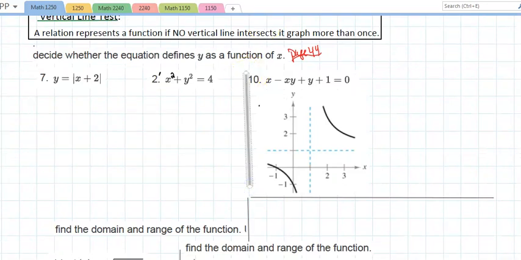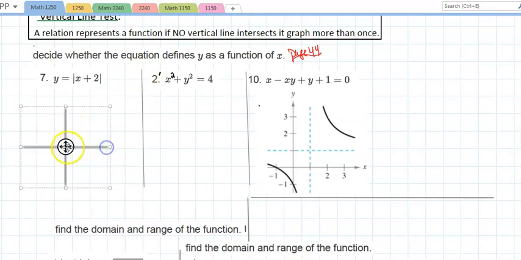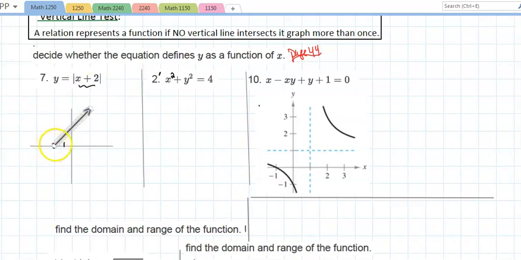They're asking us to figure out if this is a function or not. The way we do this, we graph it. Absolute value, a basic graph, shift it to the left 2 units. So the graph looks something like this. And they're asking, is this a function? Well, if I draw a vertical line,